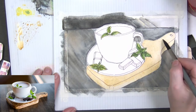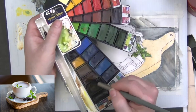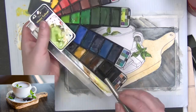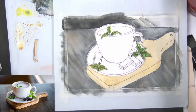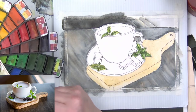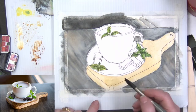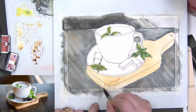And while it is still wet, I'm going to take some of that sort of burnt sienna. These two browns right here, kind of similar. I'm not sure. Yeah, they're kind of similar. I'm just going to kind of mix them up together. This is wet, and I'm just going to start dropping some of this color down in here